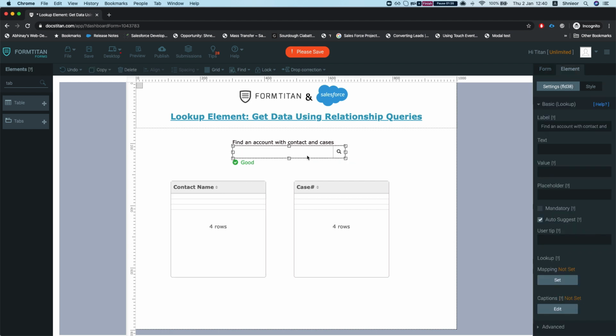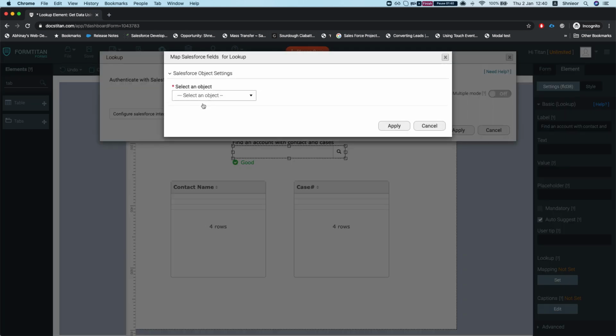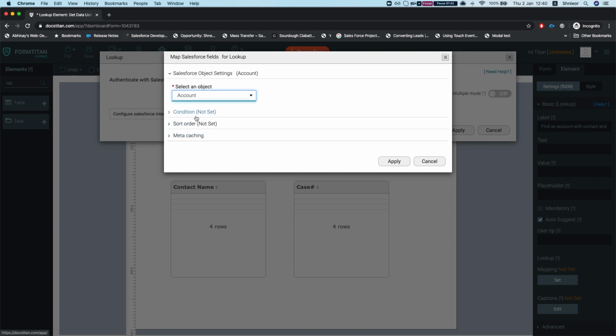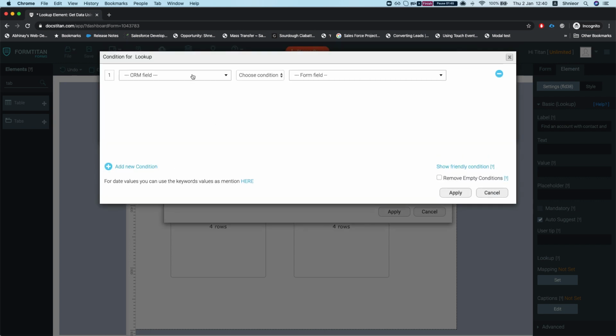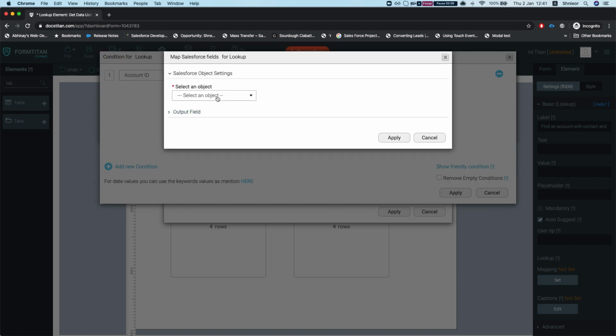All right, let's head back to our lookup and set the mapping and click to configure Salesforce integration and say I want to get contacts back. Head over to the conditions saying I want the account ID to be in, and now watch this. We have a new thing here. Aside from the search box and the booleans and whatever fields you have on the form, we have a from object option. What this will do is build inline query conditions onto Salesforce at the query